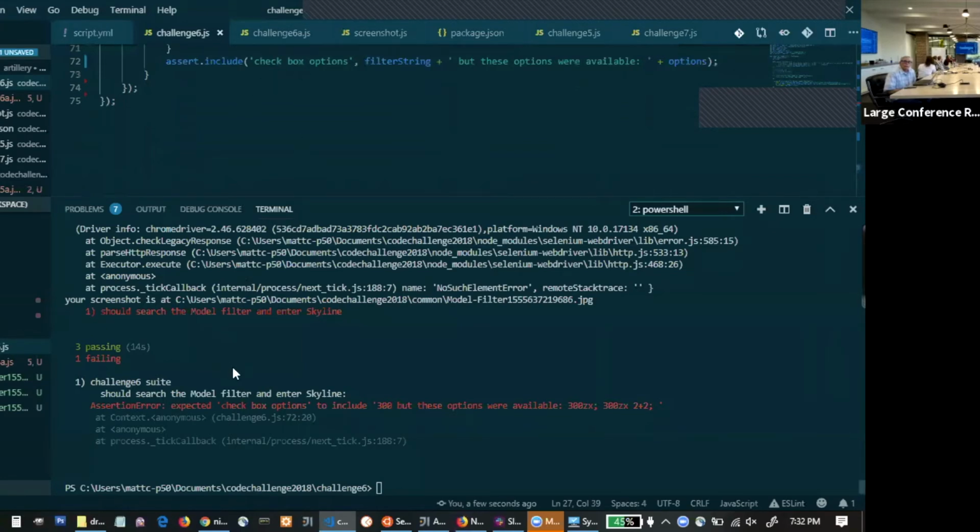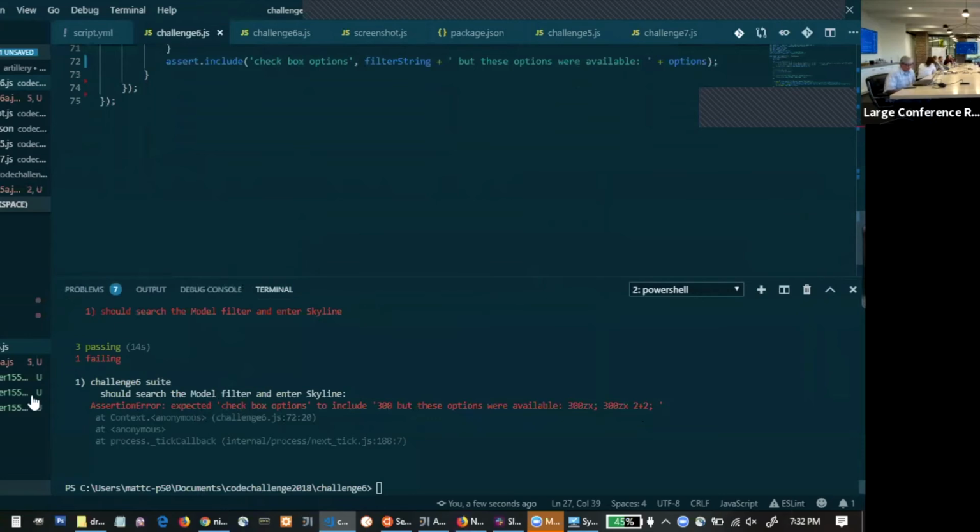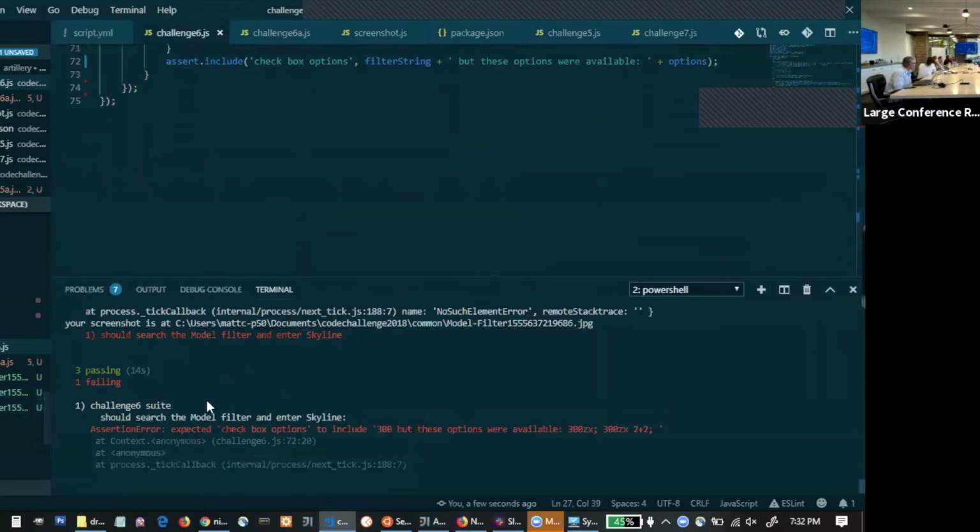I'm just going to print out the message of what I want the end user to see. Expected checkbox options to include 300. But these options were available, 300ZX, 300ZX 2 plus 2. I gave the user more description of what I was looking for and why it failed. Now if you click on one of these screenshots, the screenshot was